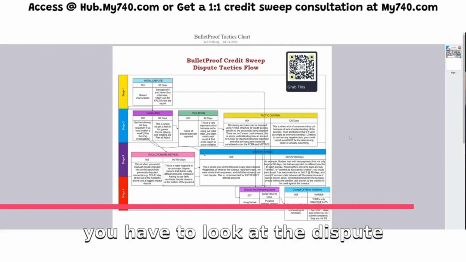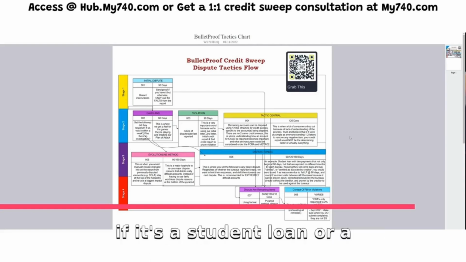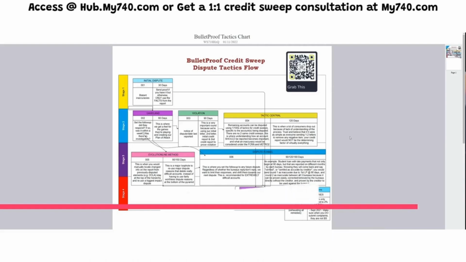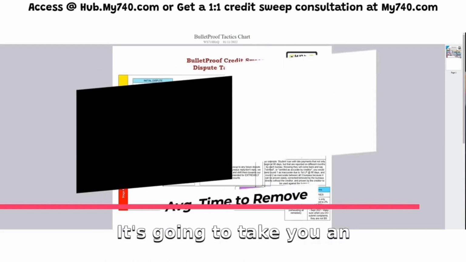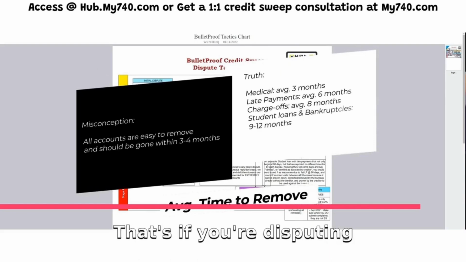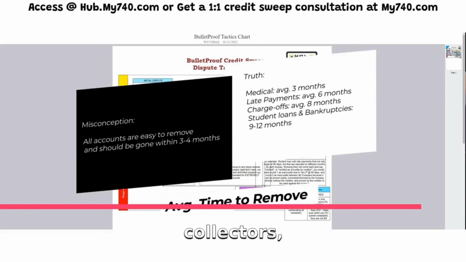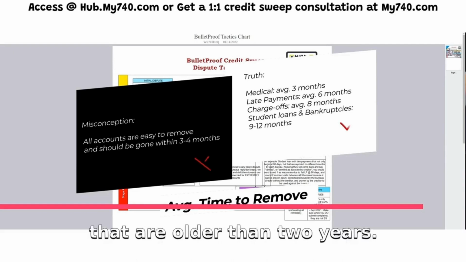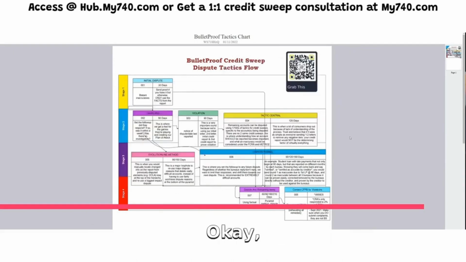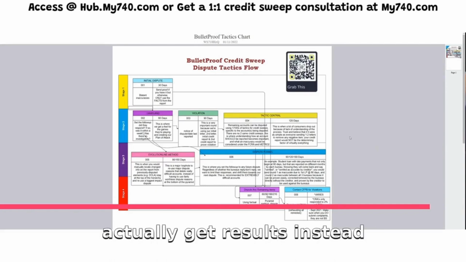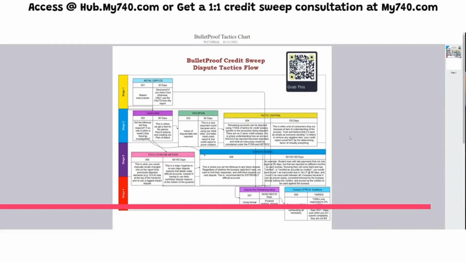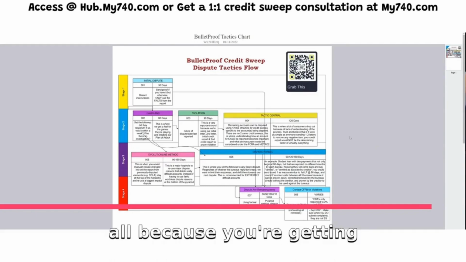Now, you have to look at the dispute type. If it's a student loan or a bankruptcy or a foreclosure or a possession, that's going to take you 9 to 12 months. If it's a medical collection, it's going to take you an average of 3 months. That's if you're disputing with the bureaus and you're disputing with the collectors. If you're disputing late payments that are older than 2 years, it's probably going to take you an average of 6 months, okay? So understanding that these specific negative items take a certain amount of time is going to help you and allow you to formulate your plan of action to actually get results instead of sending out worthless disputes or not disputing at all because you're getting